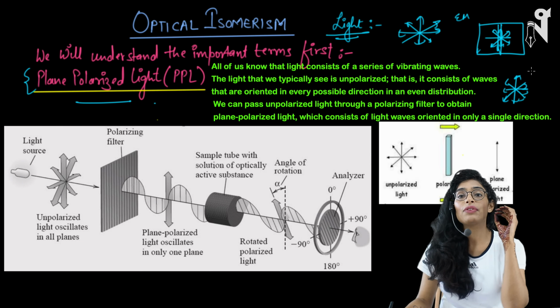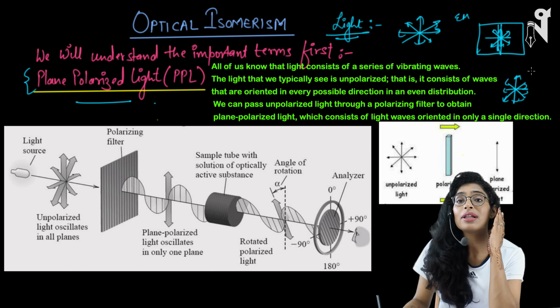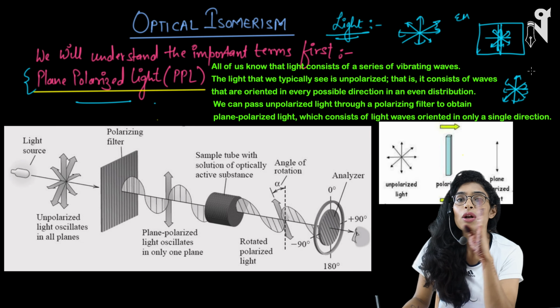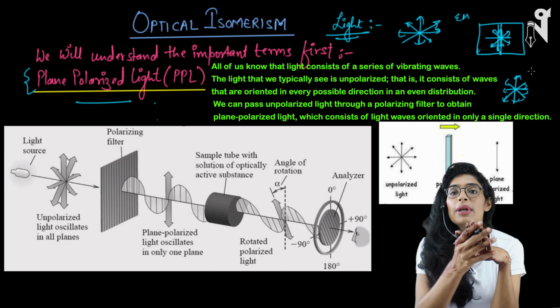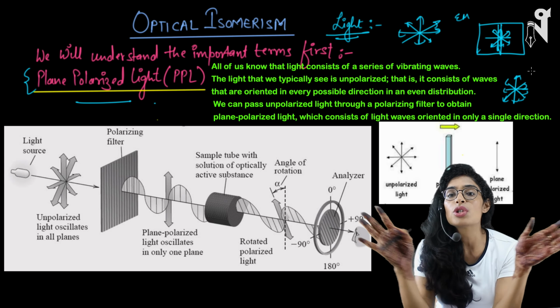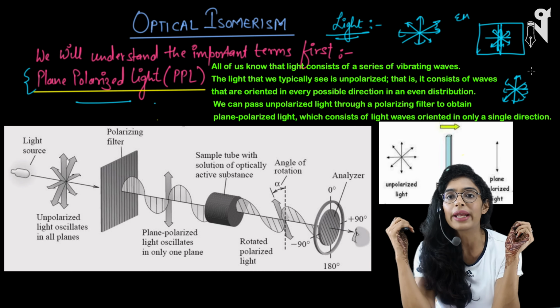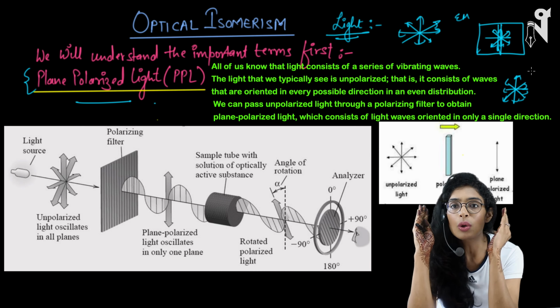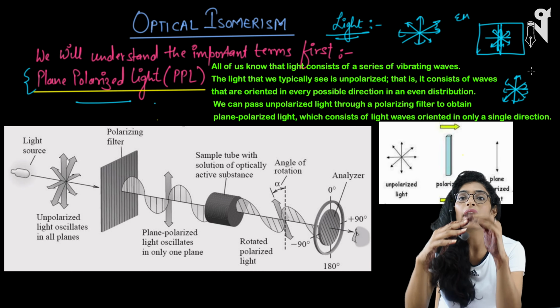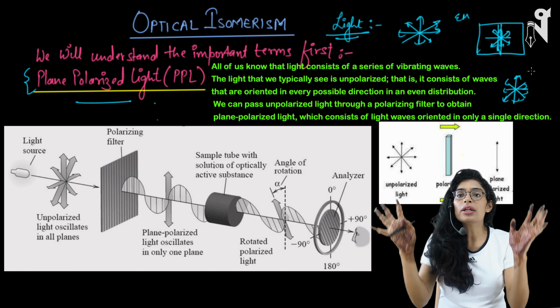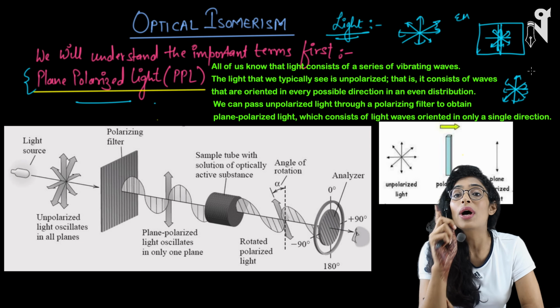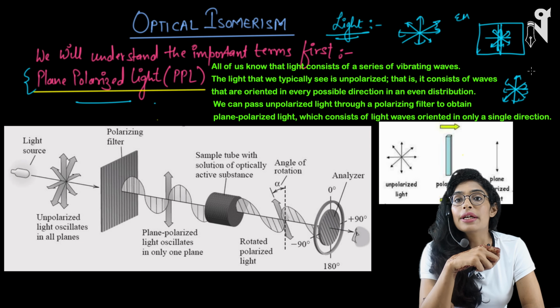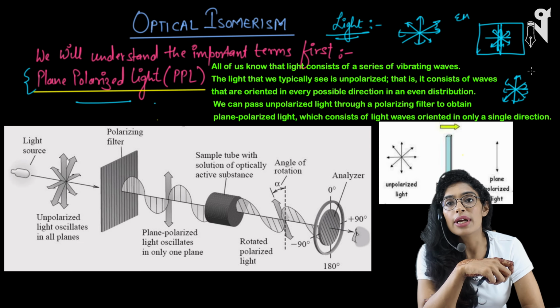So when we restrict the plane of the light, the light moves only in a single plane, and all other waves which were moving in the different planes are neglected, rejected, removed or absorbed. You had the light waves moving in all the directions, but what you perceive on the other end after passing through the device is just one single plane of light. Then it is called plane polarized light.